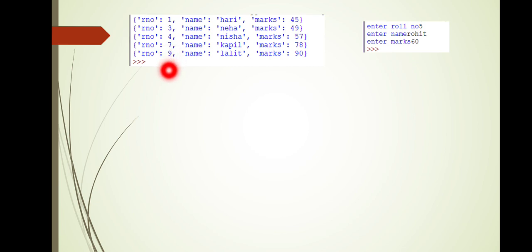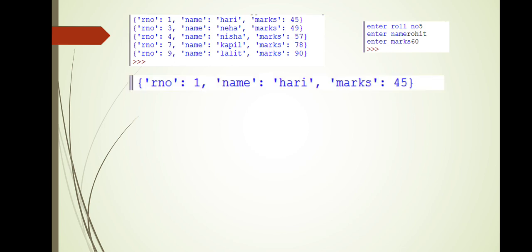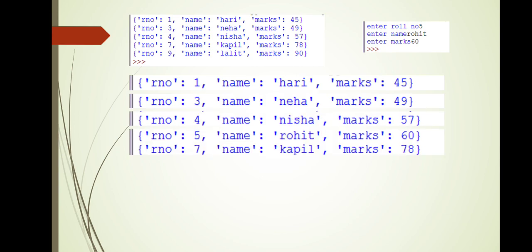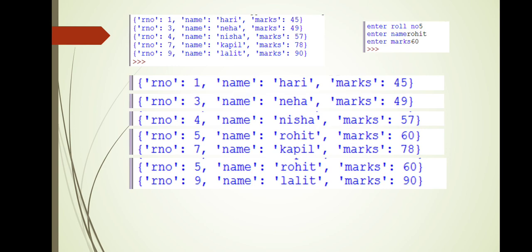Now when we read 9, again the same condition is true. First 5 will be written, then 9 will be written. Even though 5 has already been written, for all the remaining records the new record will be written again and again. First 1 will be written, then 3, then 4, and when we read 7, 5 and 7 both will be written because of the condition and the unavailability of found. When 9 is read, again 5 and 9 will be written.